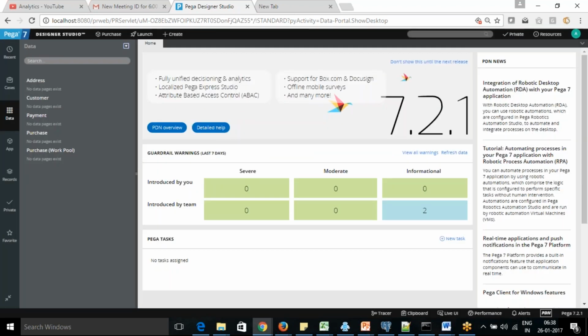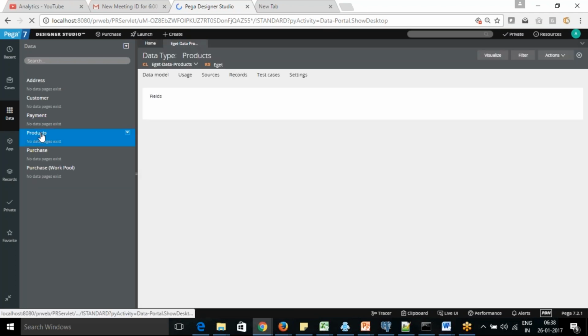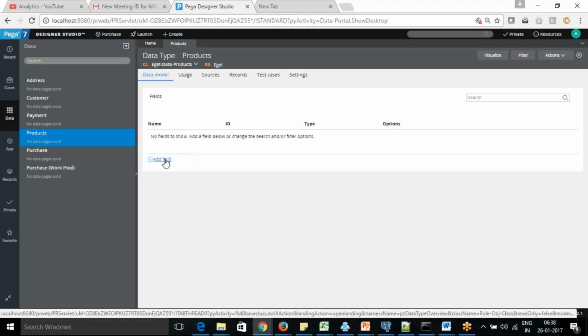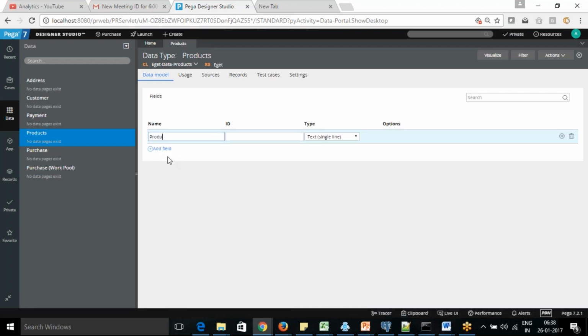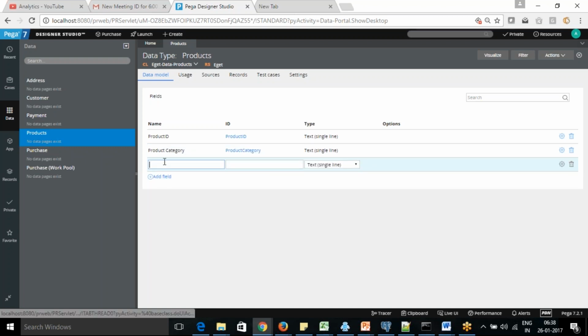Here we are going to maintain the different products which are available, and normally we are going to use a reference. So we say product ID, product category, which we can define as a pick list, as a drop down, many things we can put in.